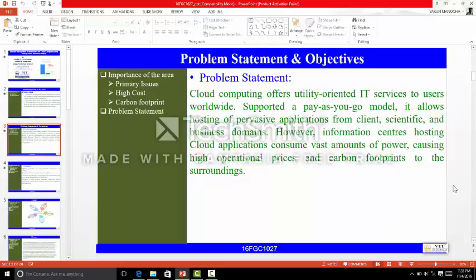The problem statement of the review paper. Cloud computing offers utility-oriented IT services to users worldwide. Supported by a pay-as-you-go model, it allows hosting of pervasive applications from client, scientific, and business domains. However, information centers hosting cloud applications consume vast amounts of power, causing high operational prices and carbon footprints to the